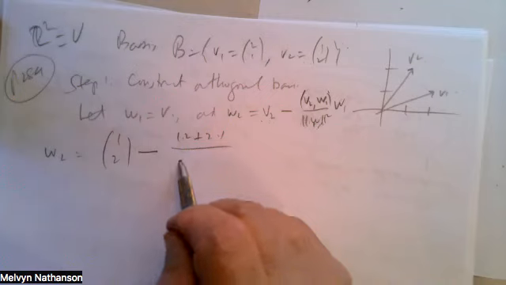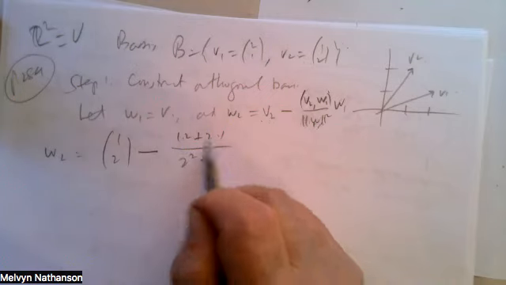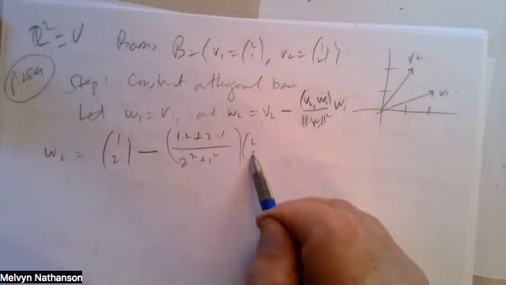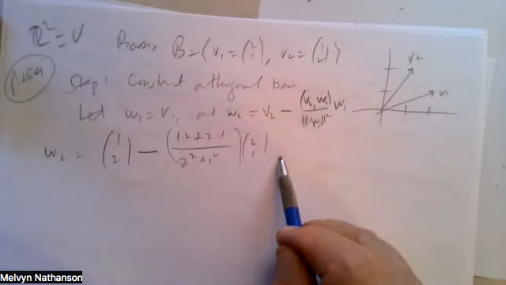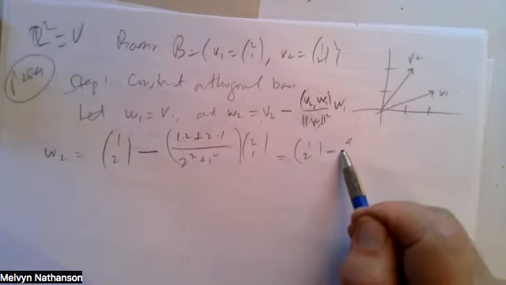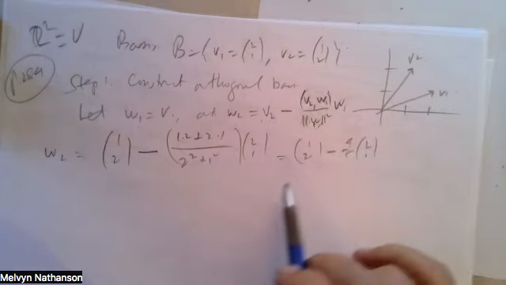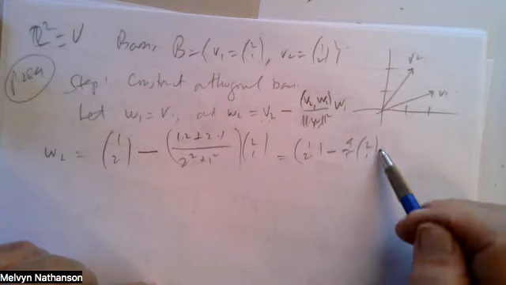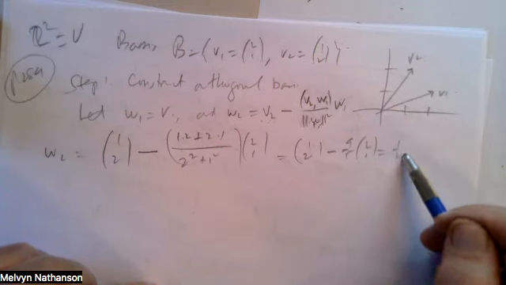The length of W1 squared is 2 squared plus 1 squared, times the vector W1, 2, 1. So that's 1, 2 minus 4/5 times 2, 1, which is 1, 2